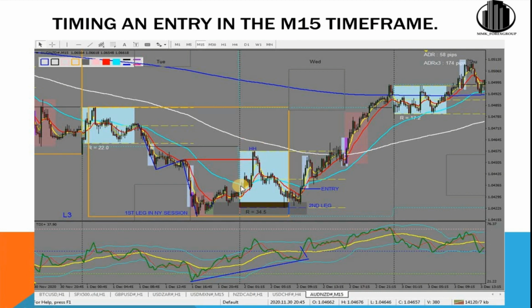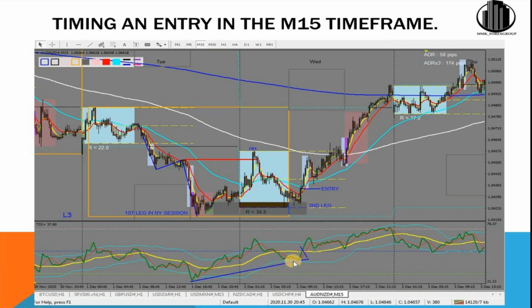Remember, we are not looking for any trades in the Asian session, and as you can see at the end of this Asian session going into the London session, this is where we had a very small W formation there with a nice bullish engulfing with a close above our 13 EMA, forming our second leg. As you can see, we've got some good